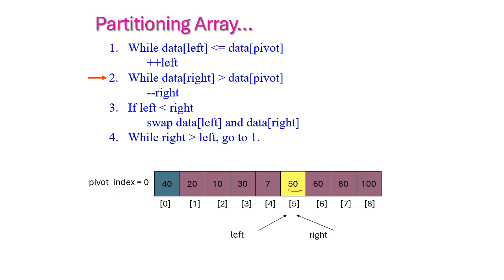Now, left equal to right. If the left is less than right, then we need to swap the data. Now, right value is decremented because the value is greater than 40, right? Right value is greater than 40, hence right will get decremented. Now what happened? The left index is greater than right index. Hence,